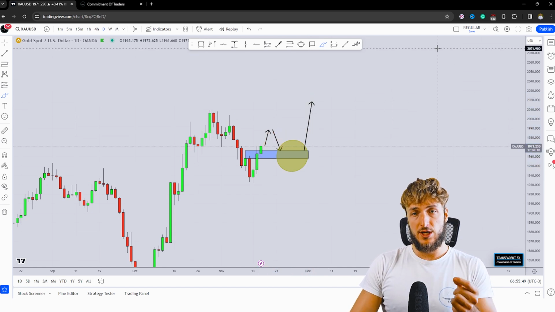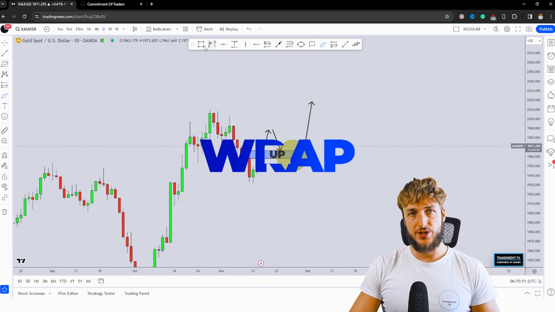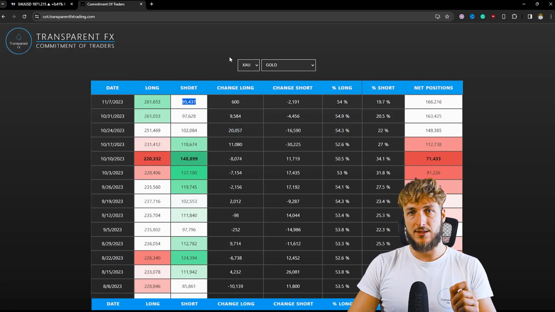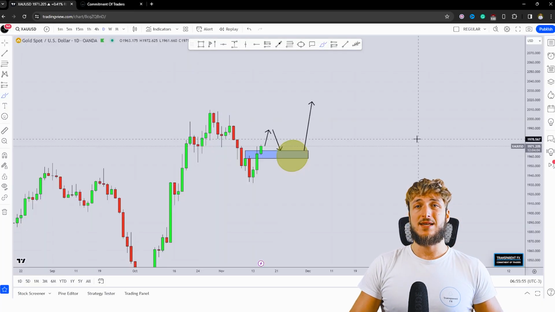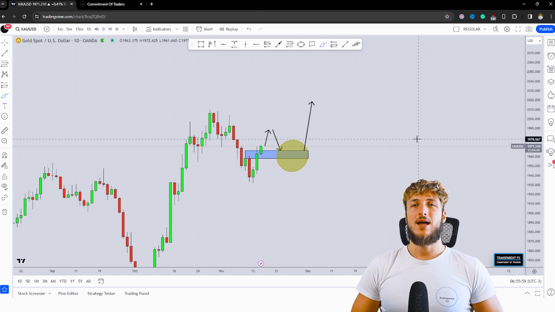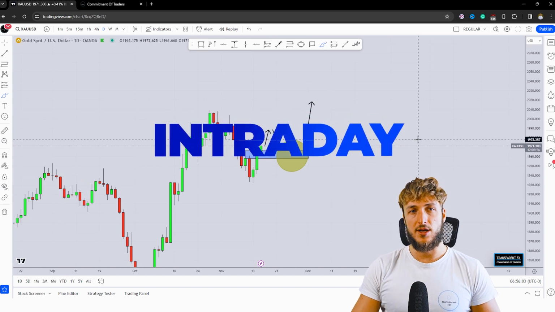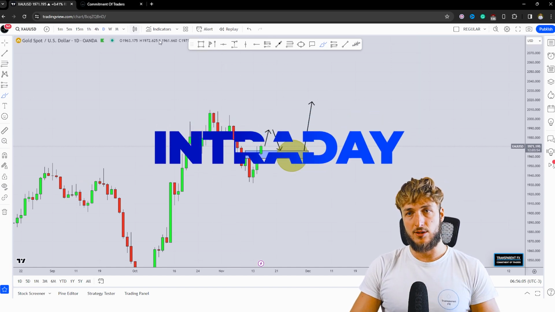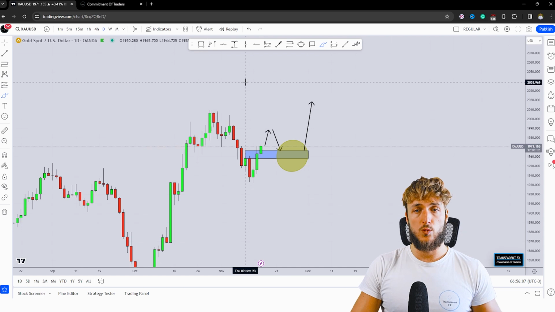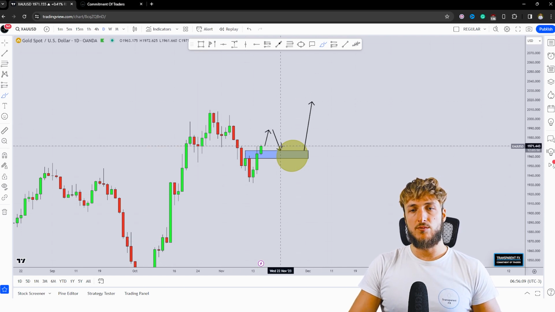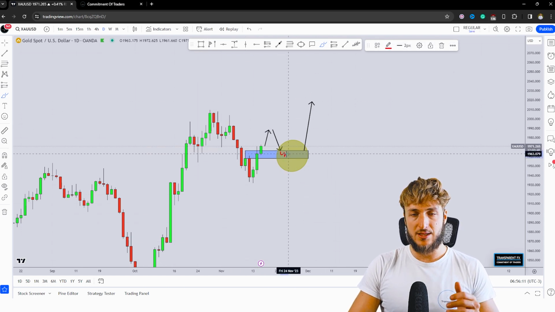Now, as usual, trading is reactive and not predictive. The monthly, weekly, and daily combined with the COT data, those are the best time frames from a directional perspective. However, when it comes to confirmations and entries, the best time frames are the intraday time frames, so 4 hour and lower. Therefore, potentially what we could be doing is monitoring price action from an intraday perspective during this move